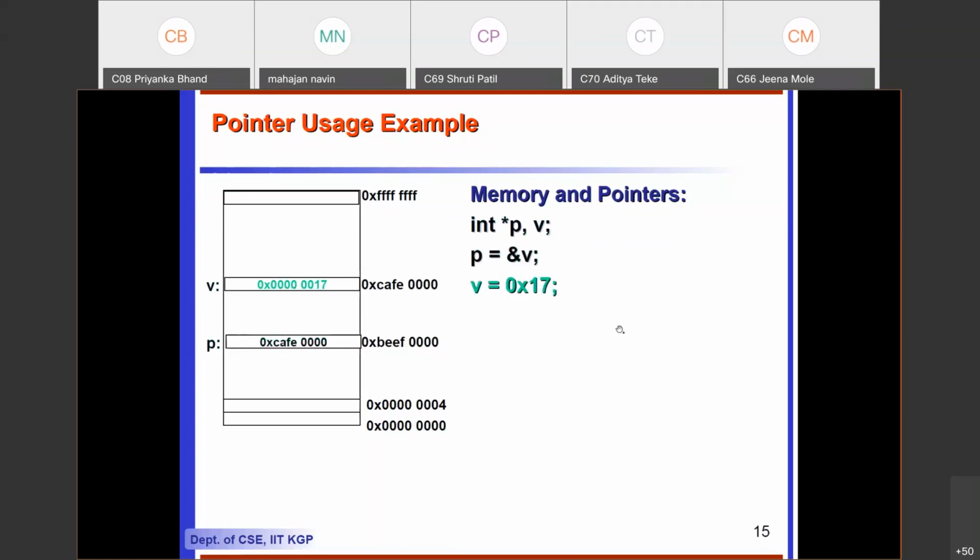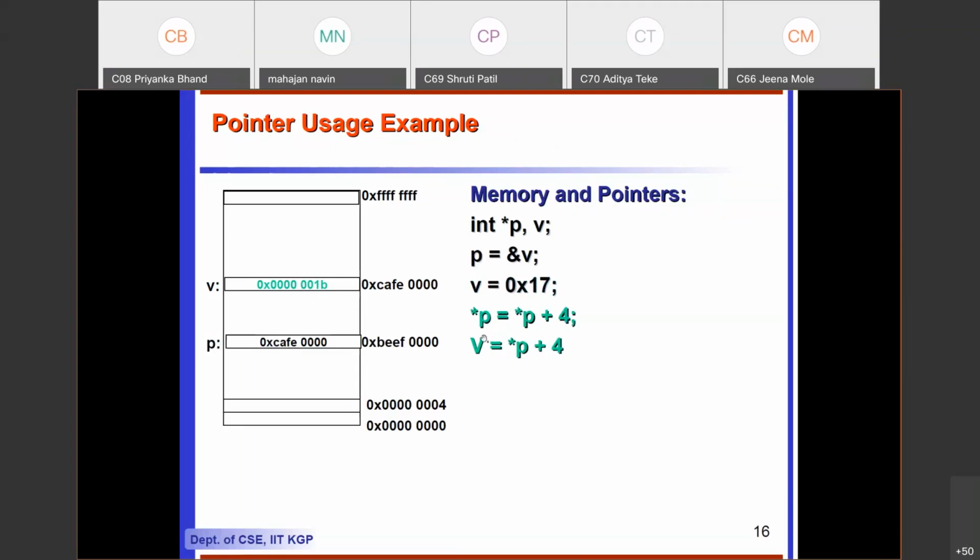Later, I will change the value of v. So now I will say v equal to hexadecimal 17, so this 17 is stored into v. Now when I say p, it's the address. When I say star p, indirectly I'm accessing the value stored at this particular memory location.